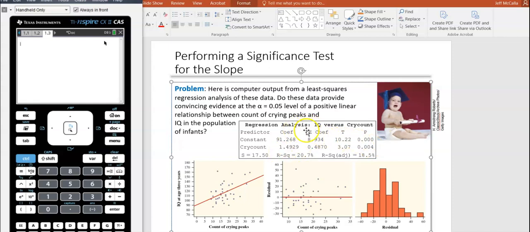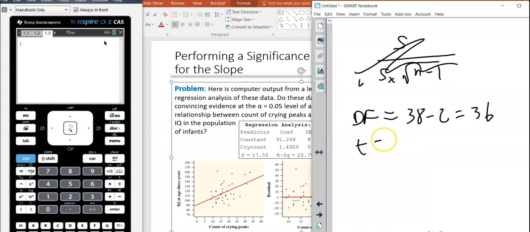So the next number would be the standard error of the slope, 0.487. T is 3.07, and it gives you the p-value, which we'll talk about in a second. So T is 3.07. Now you're going to be tempted to write the p-value as